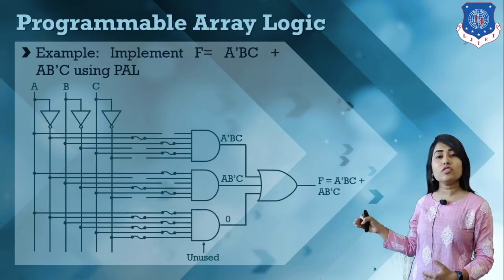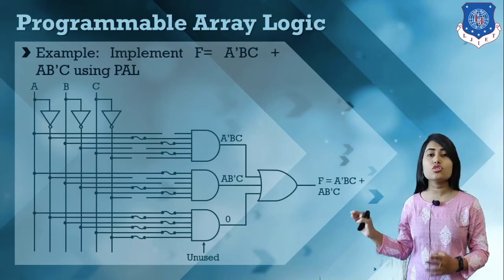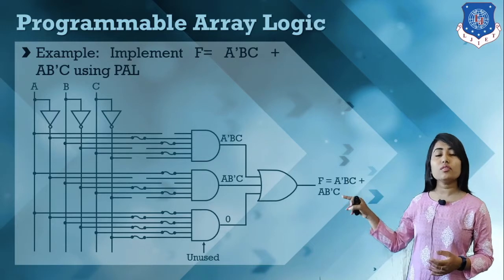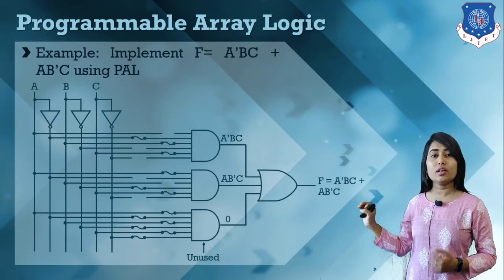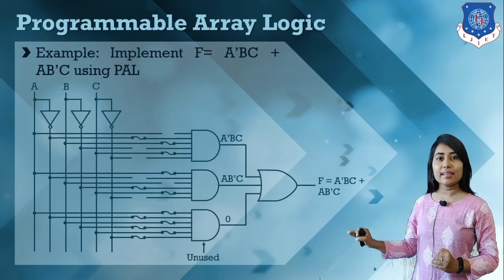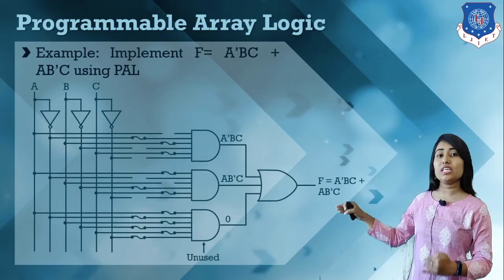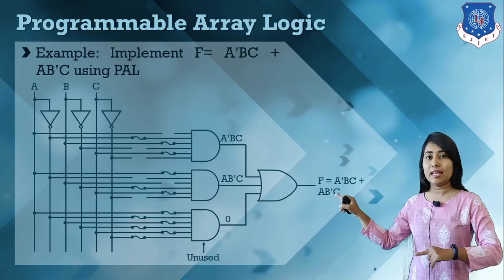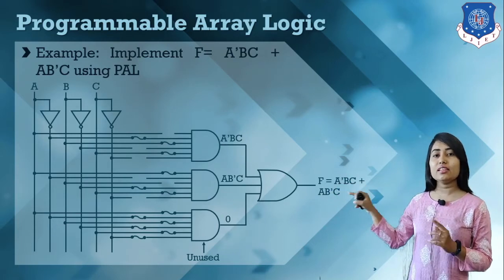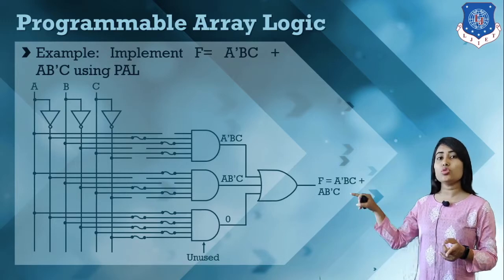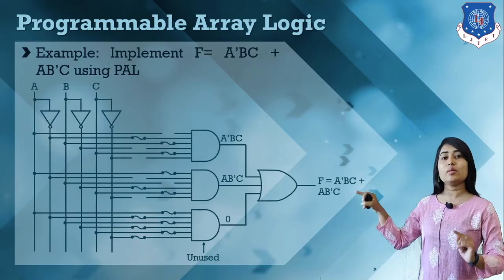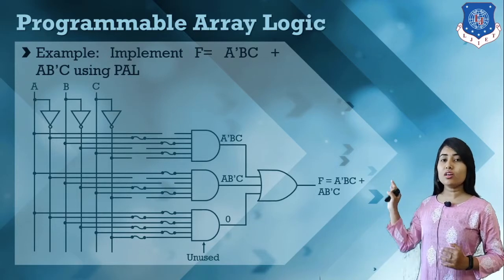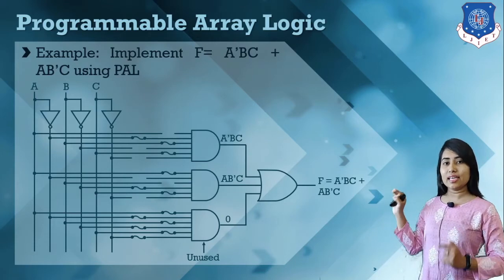Now the first and second AND gates are used for these 2 product terms, so we mark connections depending on our requirements. In the first AND gate we connect A', B, C. So we make the fusible link connection for A', and A is disconnected. Then we require B and C, so B and C are connected and B' and C' are disconnected. Basically the output of this AND gate is A' B C.